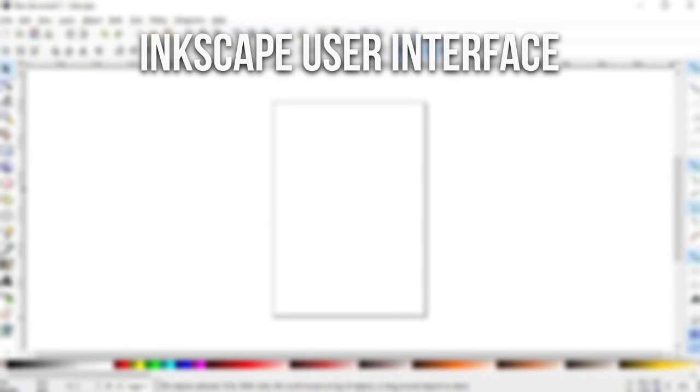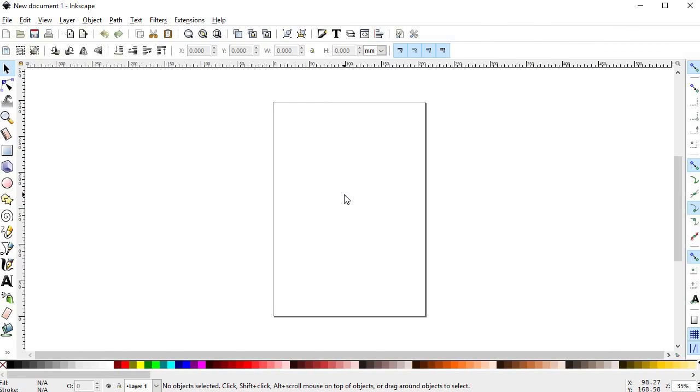Okay, so in this first lesson, I want you to become familiar with the user interface. So what we'll be doing is going through a quick overview of all the elements that make up the UI. So let's start. The first thing you should know is that the Inkscape UI is made out of 8 different